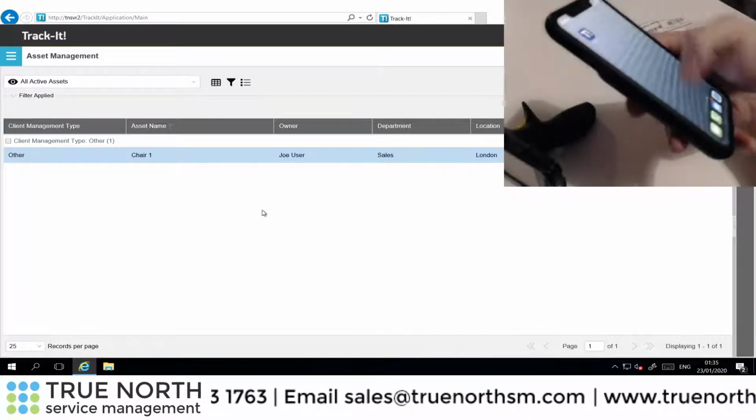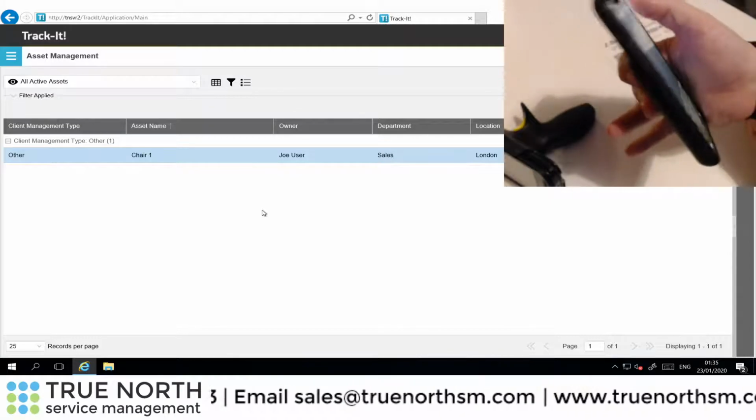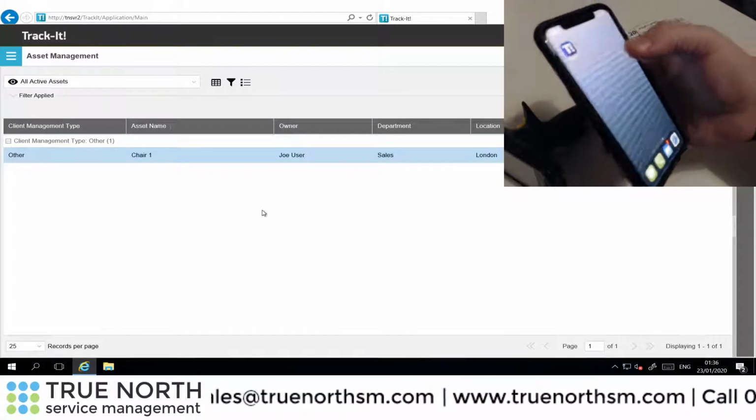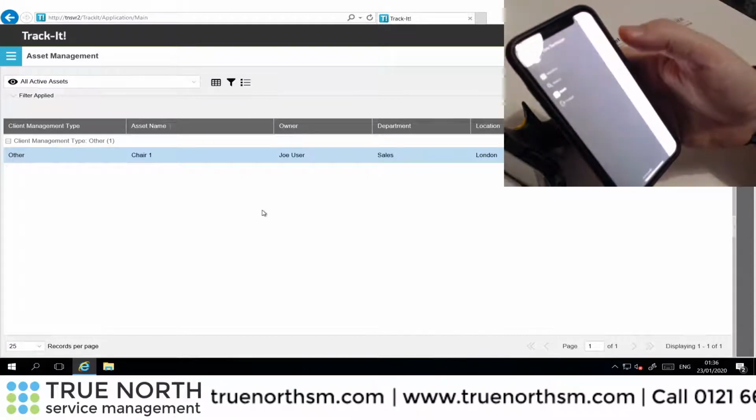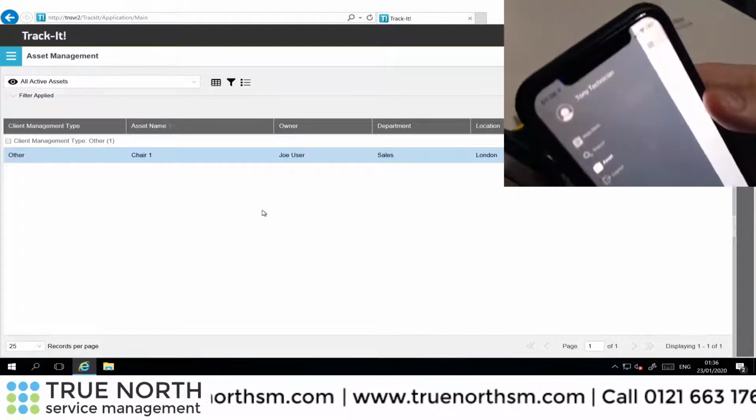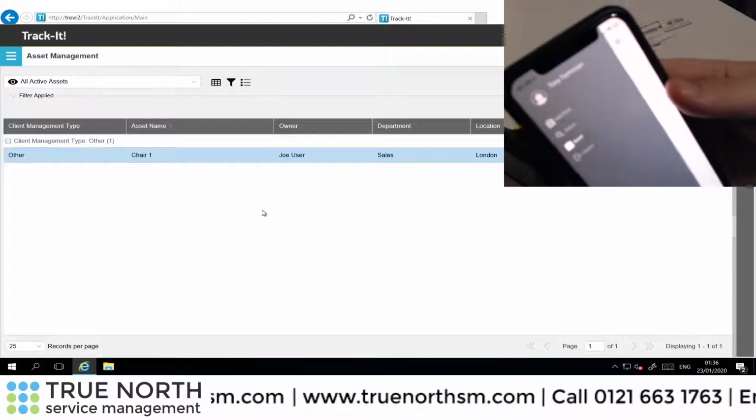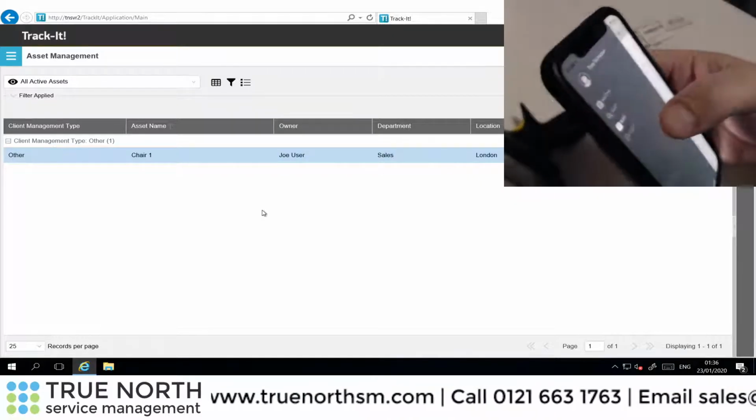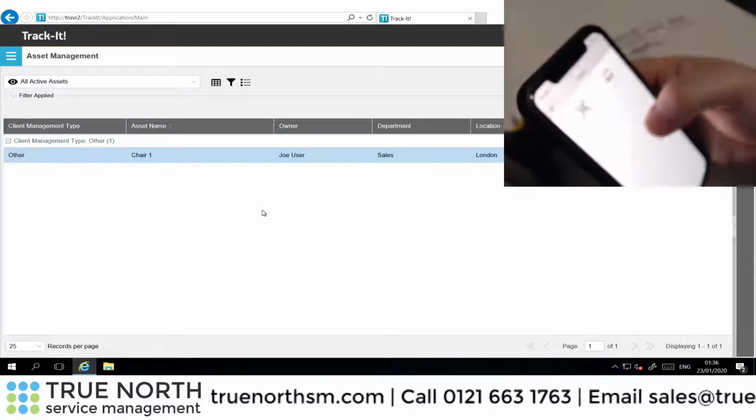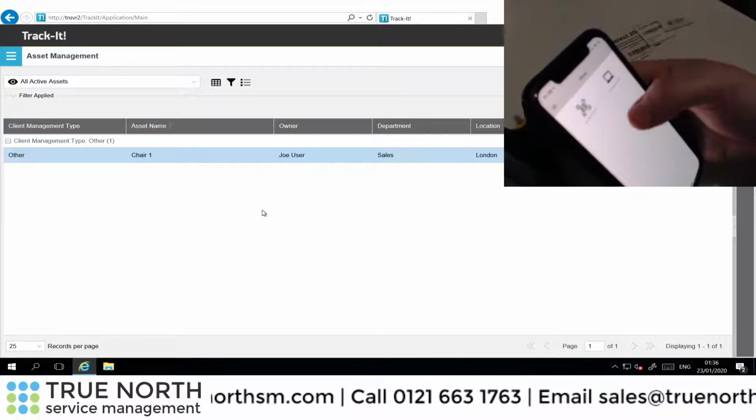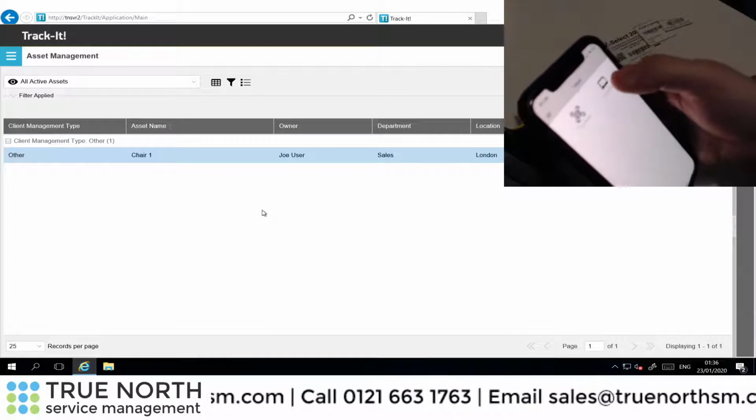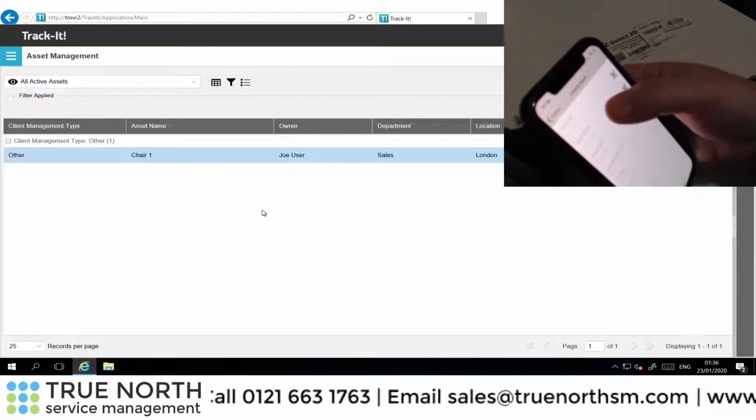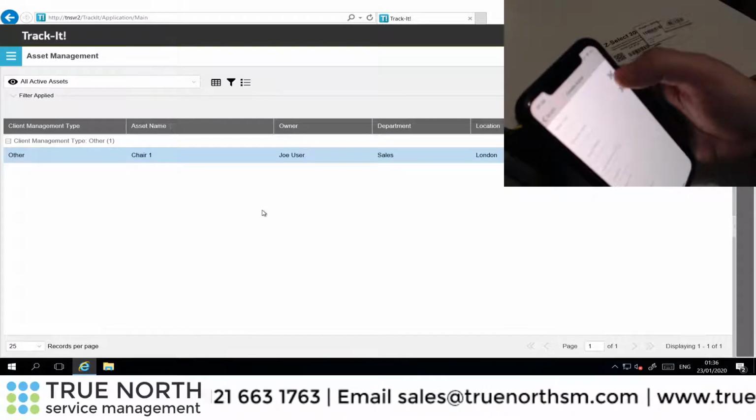Okay, so let me just pull it off and go back into my main screen, and we can see now I've got the Track It icon. Now I've already logged in to Track It, so you can see here I'm logged in as Tony Technician. Hopefully you can see that okay. But I'm going to go into my asset, and what I'm going to do at this point is I'm going to create an asset. So I can go to the asset tag